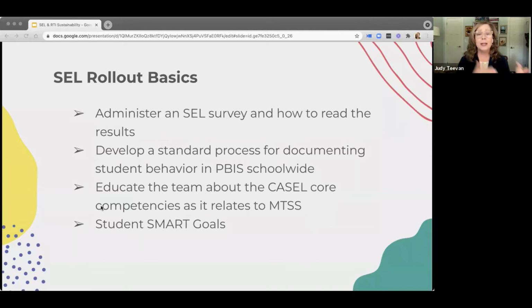And if possible, transition this to a digital resource in your initial rollout. And educate the team about the CASEL core competencies, especially as it relates to MTSS, thinking specifically about self-awareness and self-management. And last but not least, incorporate student SMART goals for setting a growth mindset for students.